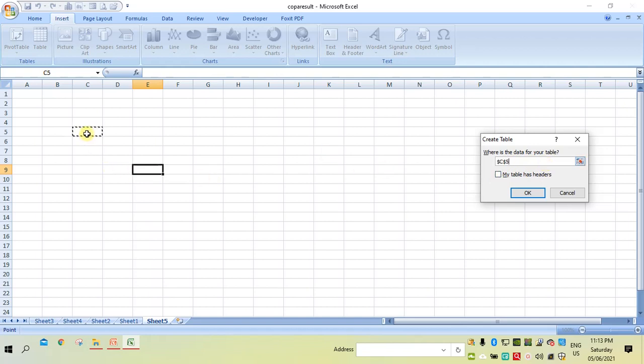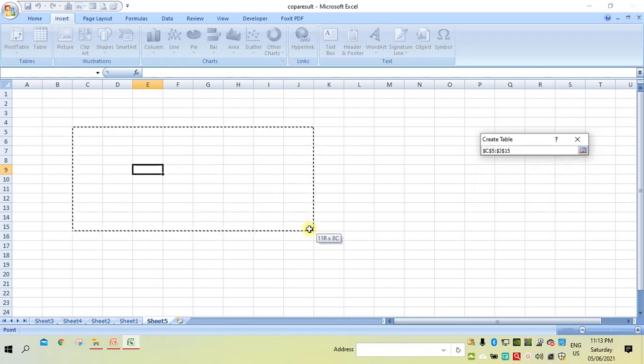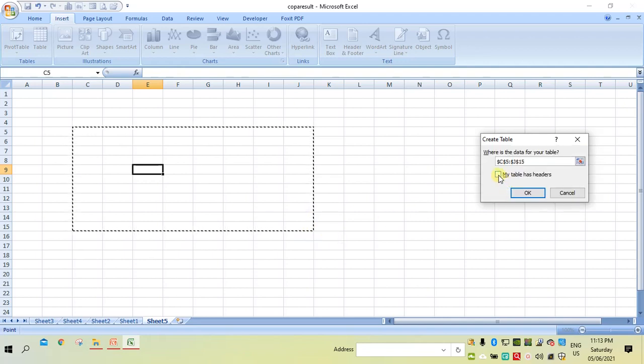So now I will take from here to here. This is my table. It is asking whether my table has a header. If it has, then say yes, otherwise say no. So now there is no header, therefore I will not click on the checkbox. Simply I will say OK.